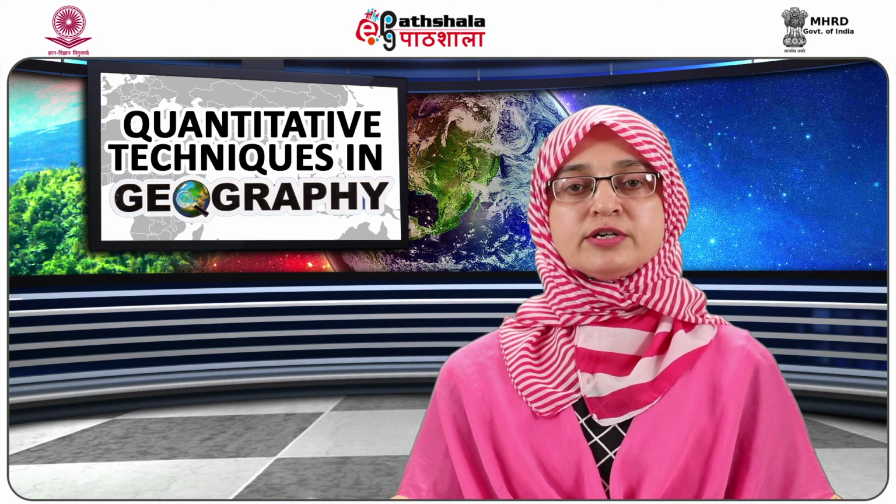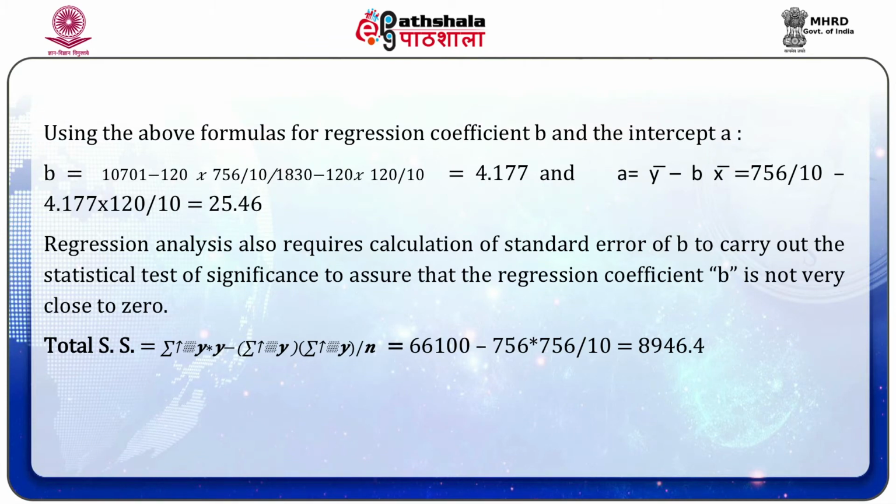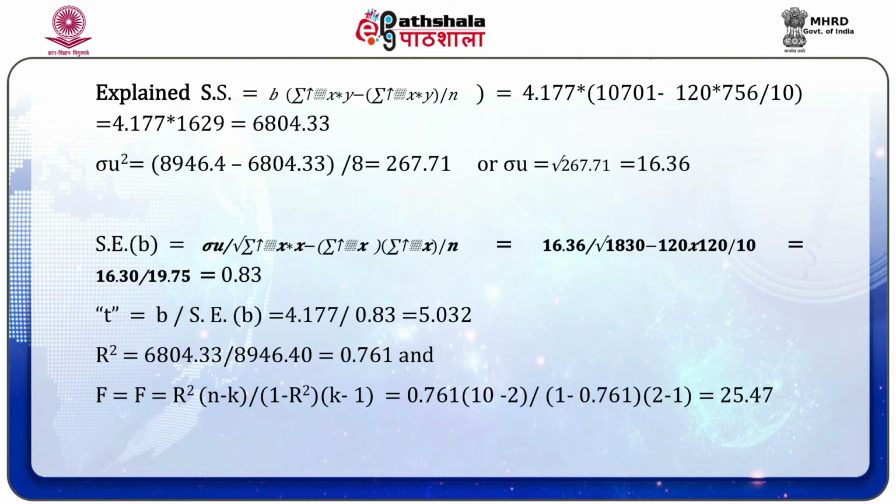to assure that the regression coefficient b is not very close to 0. Total SS is equal to summation y into y minus (summation y) whole square upon n, which is equal to 66,100 minus 756 into 756 upon 10, which is equal to 8,946.4. Explained SS is equal to b into (summation x into y minus summation x into summation y upon n)